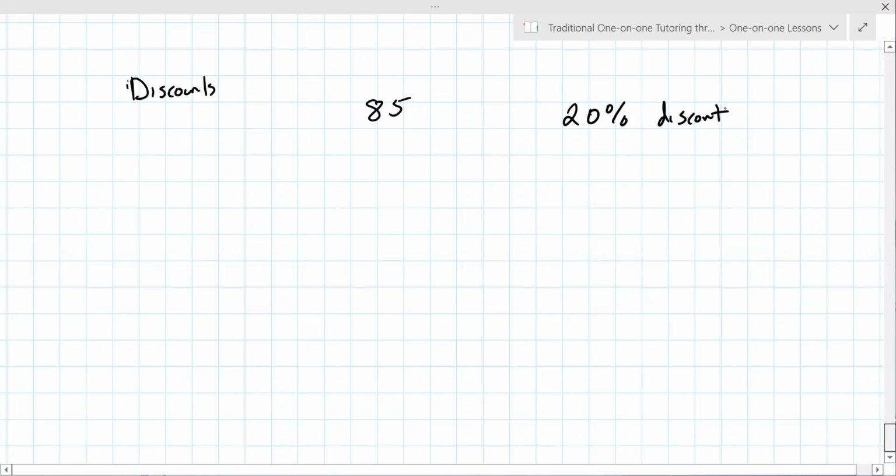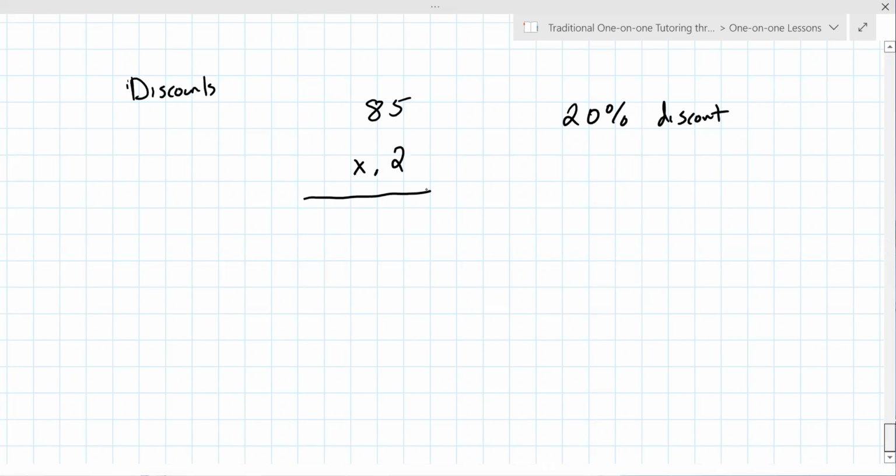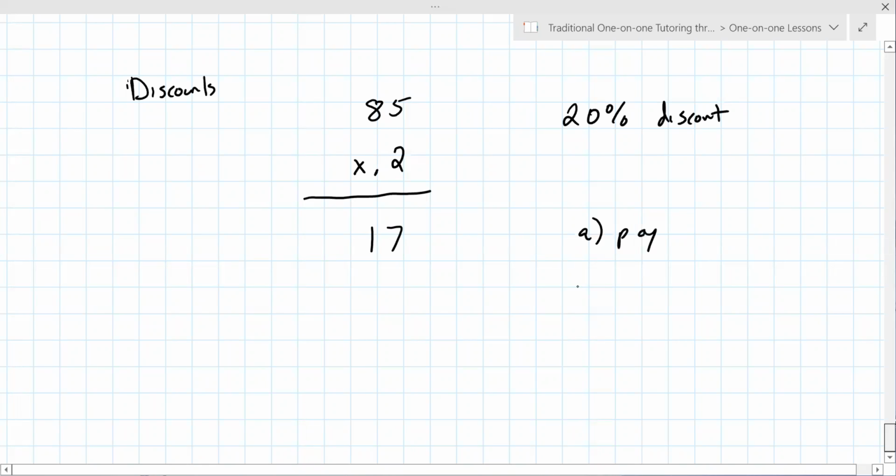Okay, because they see your team's ranked. He's like, oh, that's great. I want to support the local community. If you multiply this number by 0.2, and I'd like you to do that. 17. Do you have any idea what this number represents? There's two answers. It's either what you pay or it's the discount. It's the discount. So what you actually pay is 85 minus 17, which is 68, or 80%